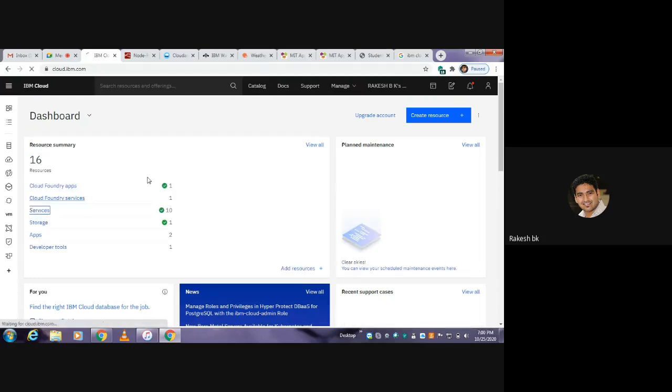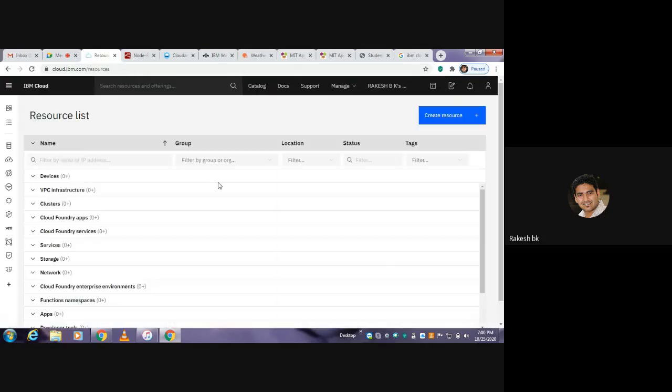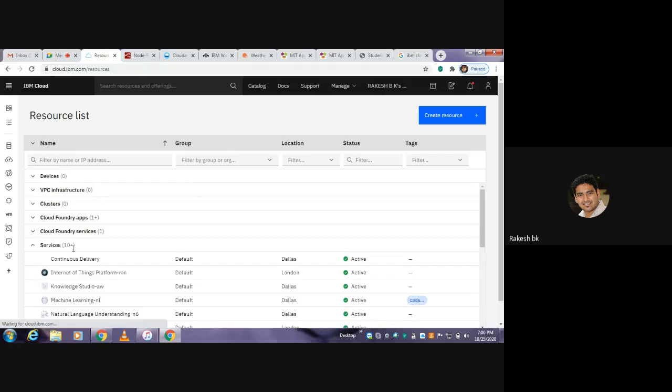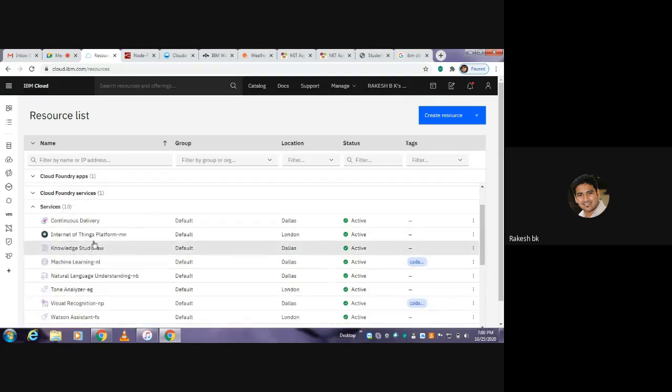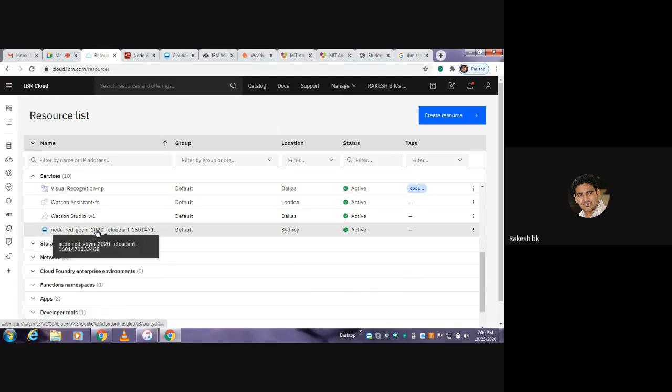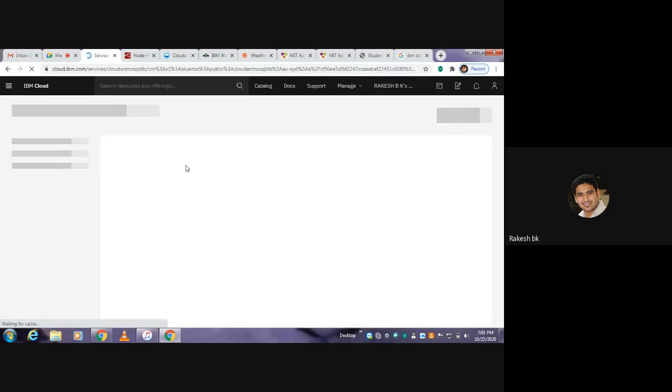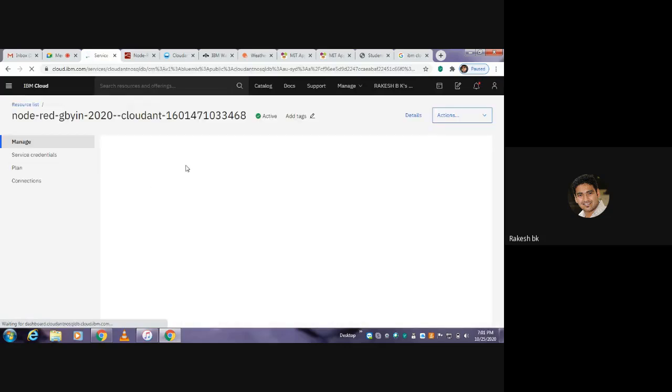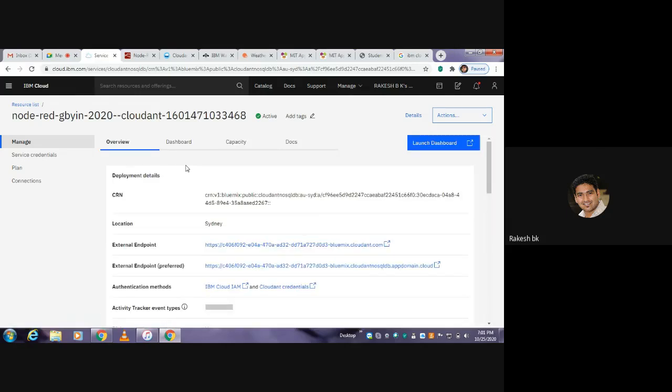Okay. So here you can see two services already created. One is IBM Watson Internet of Things created here, right? And the other is the IBM Node-RED Cloud. If you click on this service, we have to launch the service and keep it in an active state so that you can access them for storing the data in real time. So you can go straight into the launch dashboard.